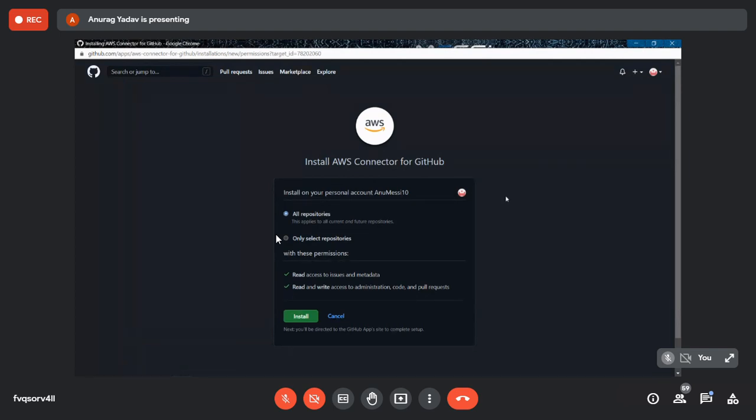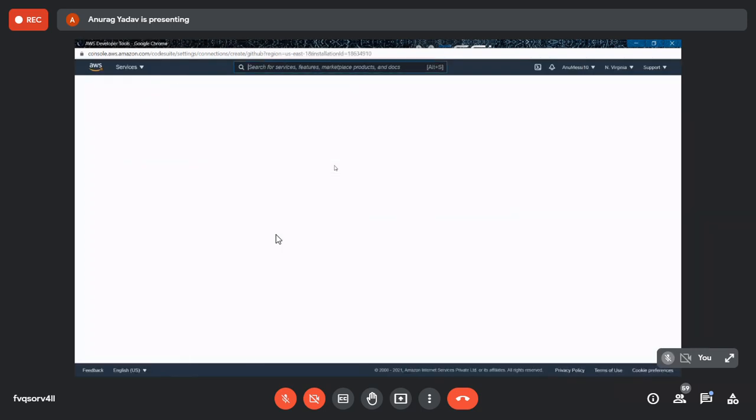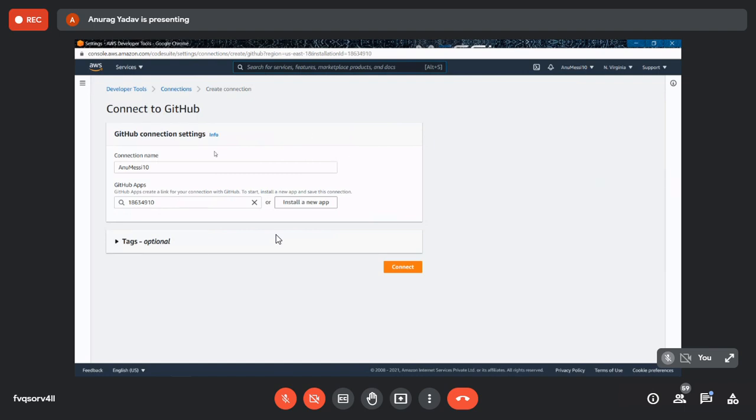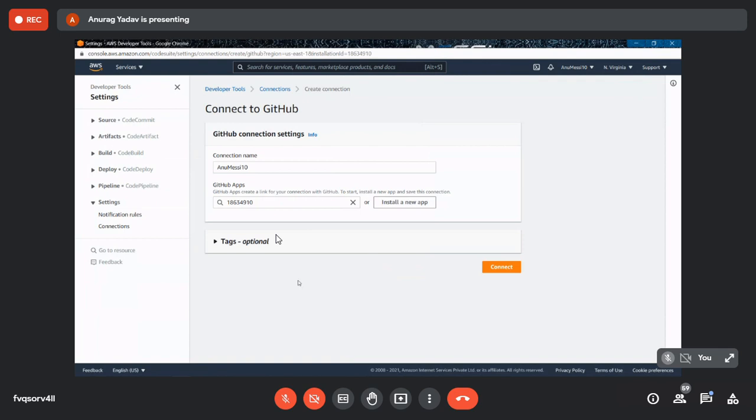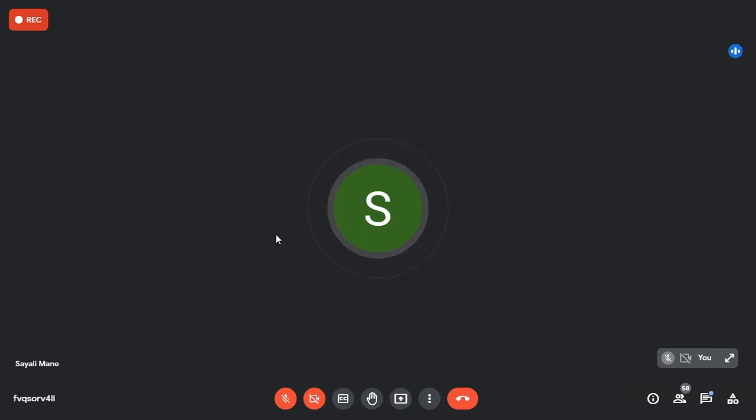After I clicked on install, now beside click on the install button. Ma'am, all repositories? Yeah, all repositories. Yes, this is there. Please enter password, confirm password. Now just wait. See now. Should I click on connect, ma'am? Yeah, wait a minute. Take a screenshot of it. Highlight the name, GitHub app, and then click on connect. Yes, okay, ma'am. See, please click on the install button and then simply provide the respective password for it.